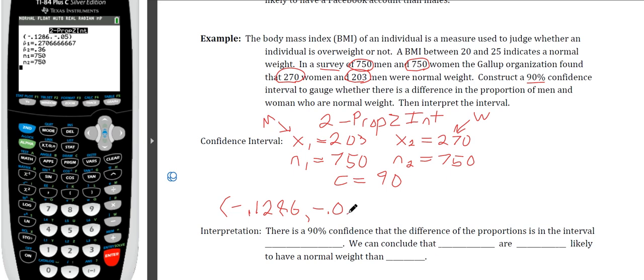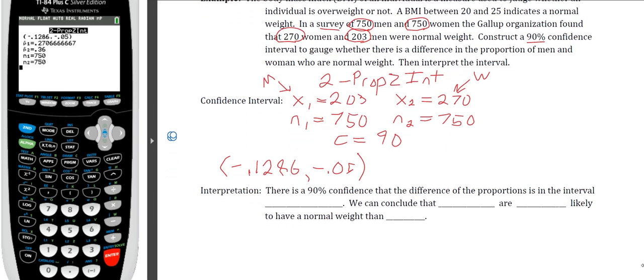What that means is that it's more likely that there is a difference between the proportion of women and men. If 0 is included, which would be a null difference between the two, a difference of 0, then that would imply that it is still possible that there is no difference between these two. However, because 0 is not included, there does seem to be a difference. So there's 90% confidence that the difference of proportions is in the interval right here,